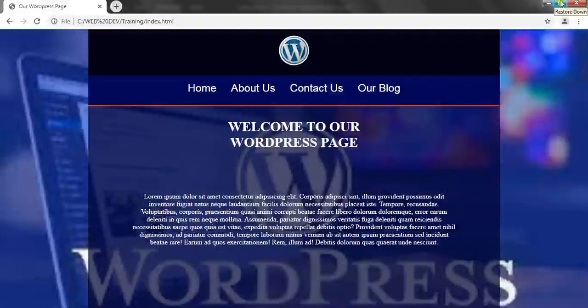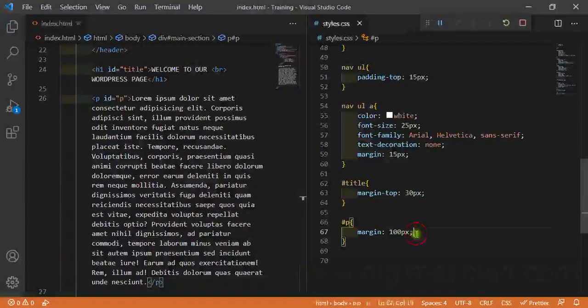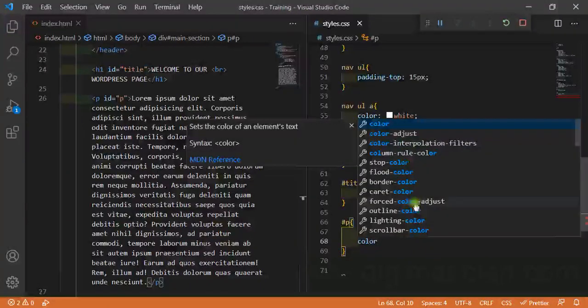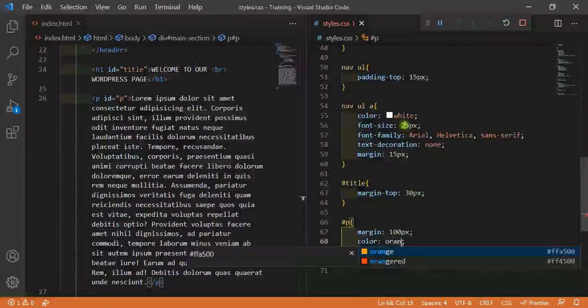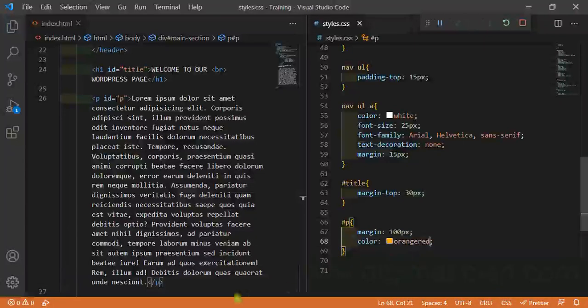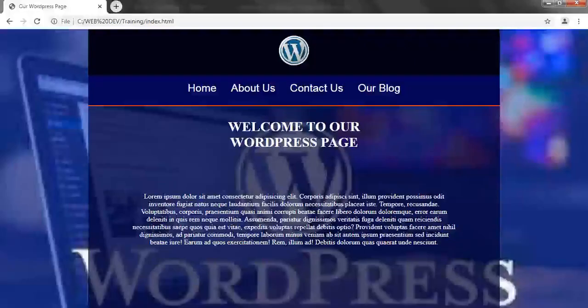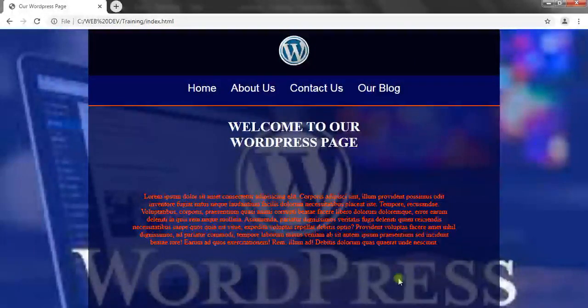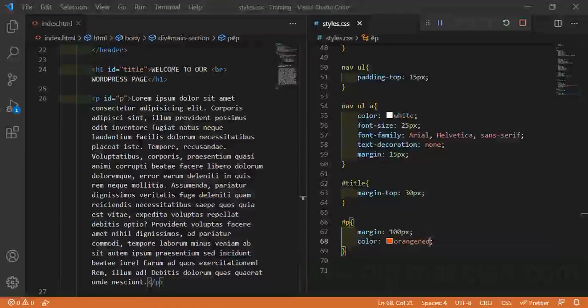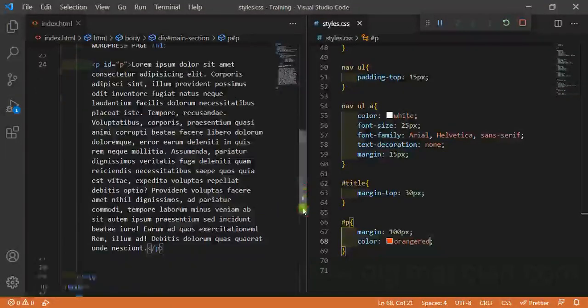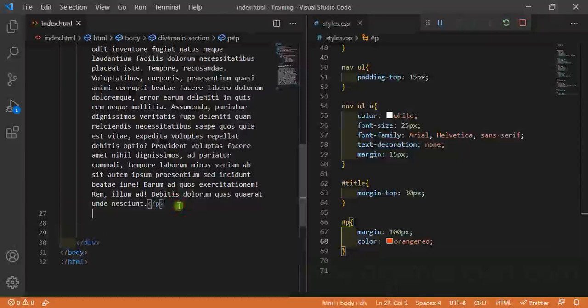All right, now that we have our text here, I want to change the color of this text to orange red. I will say color should be orange red. Let's see how that looks. All right, so I think I love it this way. Now the last thing we're going to do is to add a button and then a footer. All right, so we're going to now put a button. We're leaving the paragraph and we say button,